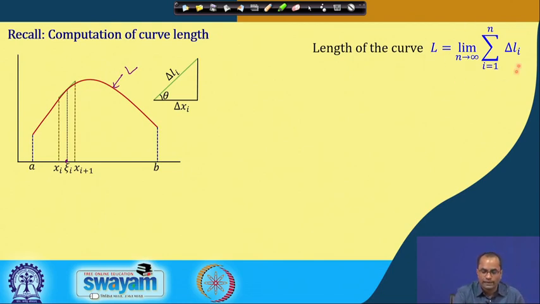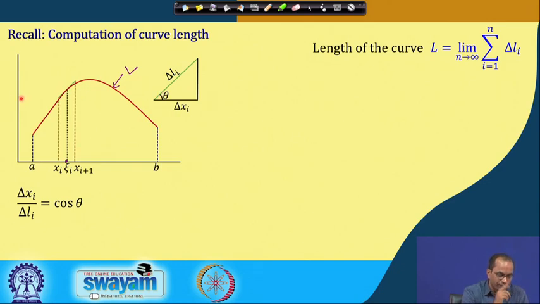So we want to get this limit: the sum from i equals 1 to n over delta L_i, as n goes to infinity. Now this delta L_i we will write